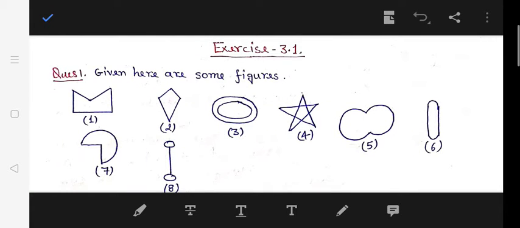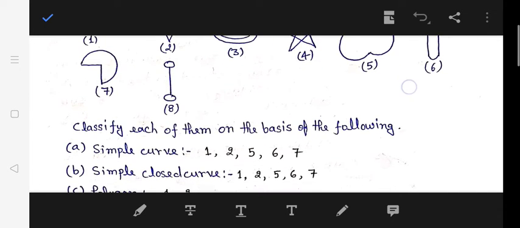Now welcome students. Today I am going to start exercise 3.1, and here is question number 1. Some figures, some diagrams are given there. You can find them on your screen also. Here are 8 diagrams given, and after that in the question it is given that